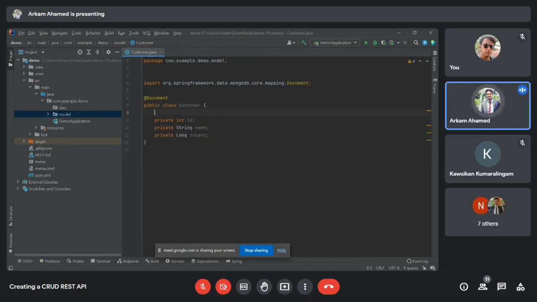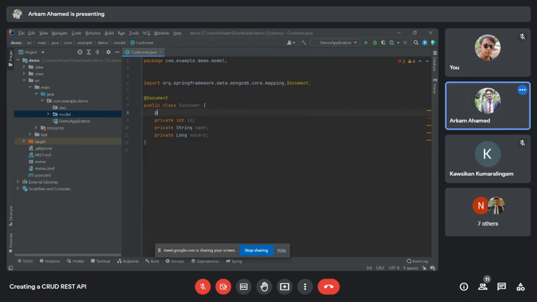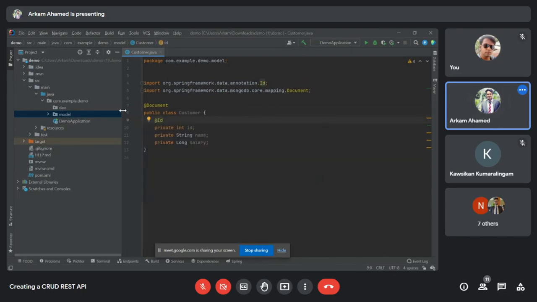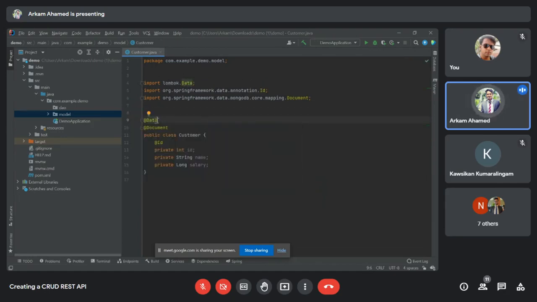To uniquely identify each data, we'll have to add the ID annotation. I'll do that. And also we have to add the Data annotation, which comes from Lombok. What this will do is create getters and setters for this and reduce boilerplate codes. So this is done. This class is done.